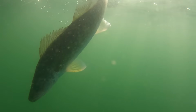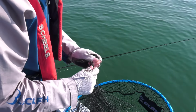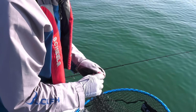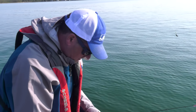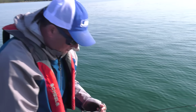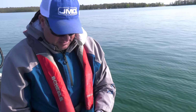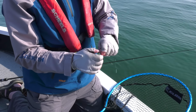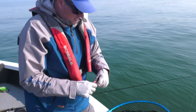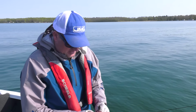Yeah, we'll get this little jig out of the net here. We'll kind of go over some presentations that are just classic on Leech Lake. And I tell you what, 1/8 ounce, 1/4 ounce jig and a shiner is one of the old time classics, especially for this time of year. And the other thing that's really gaining steam is just slip bobber and a leech in conjunction with forward-facing sonar, where you're looking for fish, you're casting at a fish, and I tell you what,